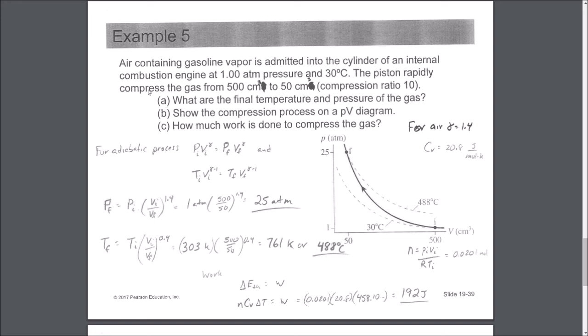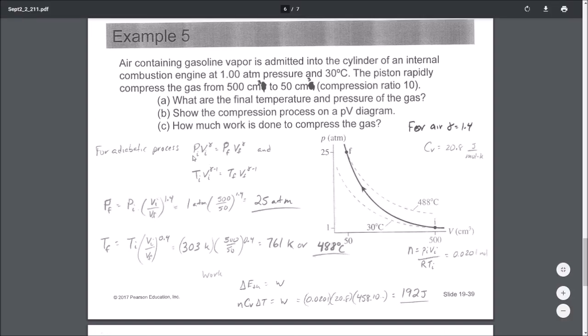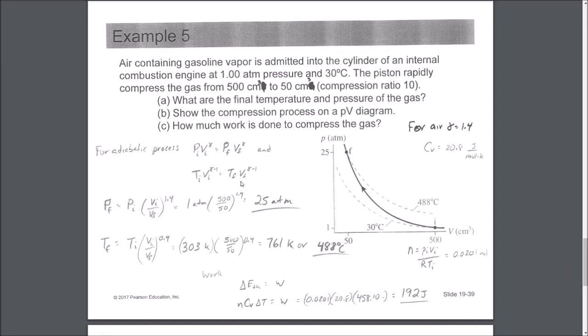Adiabatic process, right? You got it right here. We got our two relationships that we care about here. There is a third one that would relate pressure and temperature. We don't need that one for this. We could use it, but we don't need it. So this is a matter of just rearranging these into proportions to figure out what the changes are going to be. So if I take my PV relationship here, I can divide by,